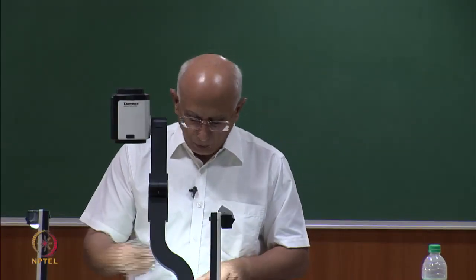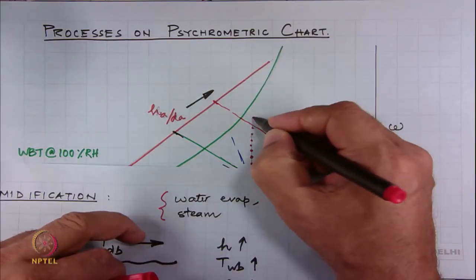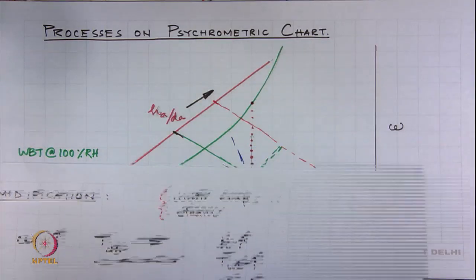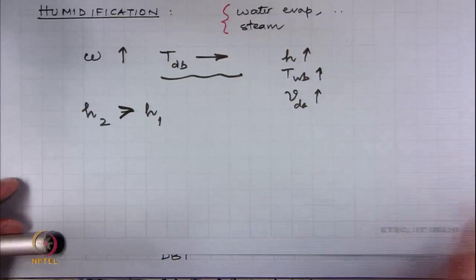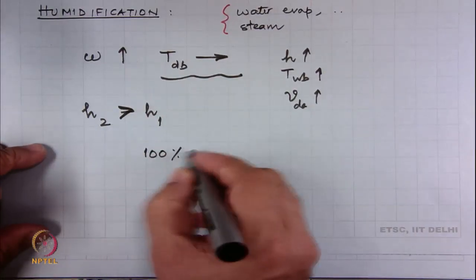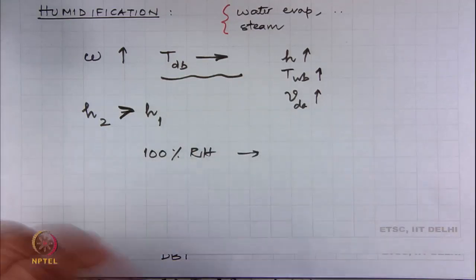Again, we can keep going up on this graph, and there is a limit to what we can do, that we hit 100% humidity. So, there is an upper limit to which you can keep humidifying the air at constant temperature, that once you have reached 100% relative humidity, then the process has to stop. So, there is a limit.